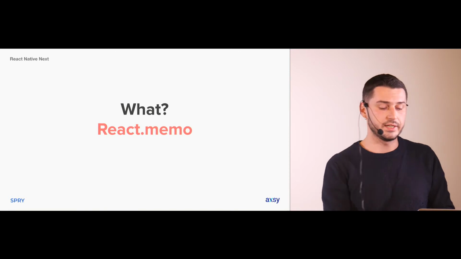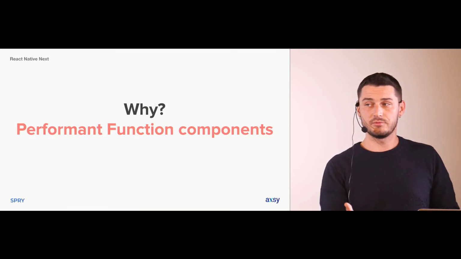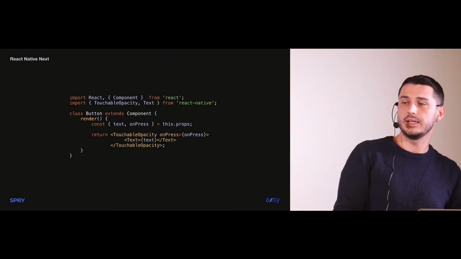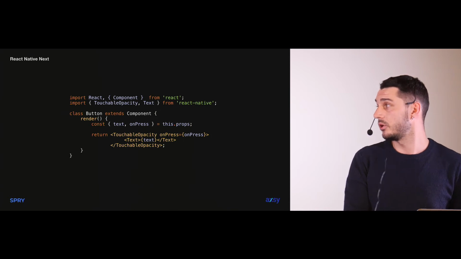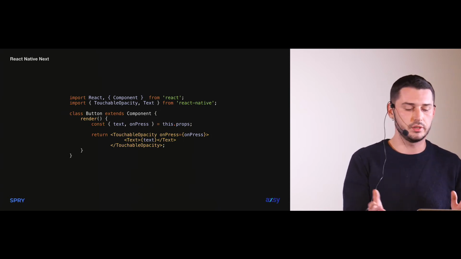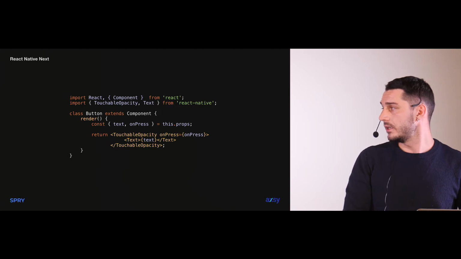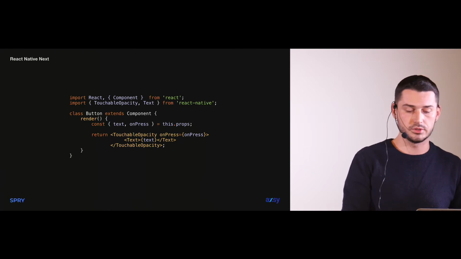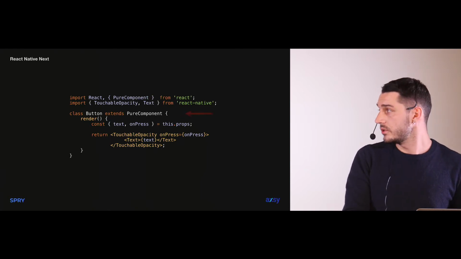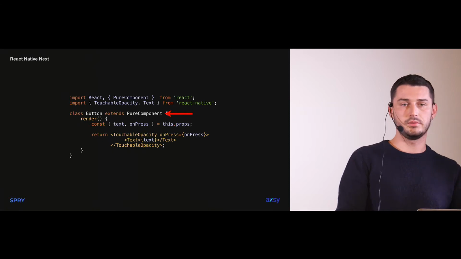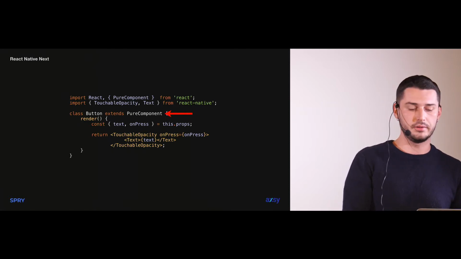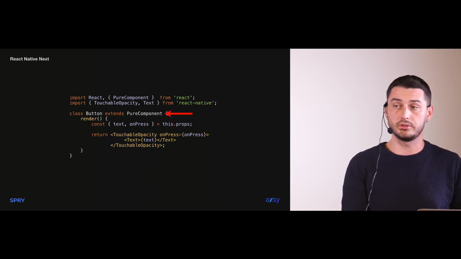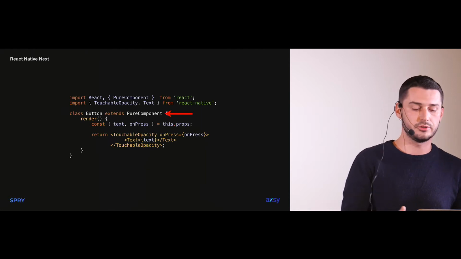So let's start with React Memo. It's needed for performant function components. As you might know, right now if you're using a class component, you can define your simple component like that, like class Button extends Component, all good, unless you understand that you need slightly better performance. So you will use PureComponent instead of this. PureComponent basically will do a shallow compare every time the props and state change and determine whether it should re-render your component or not, so whether it should trigger the render action or not,